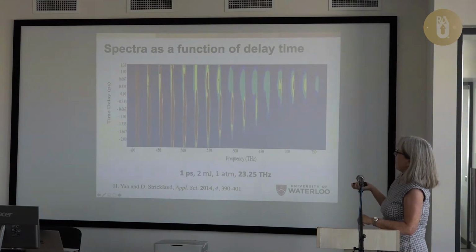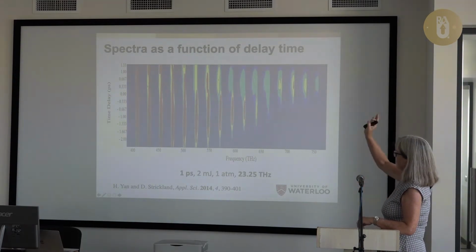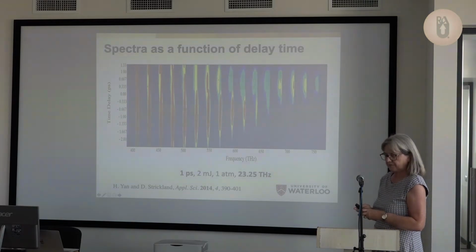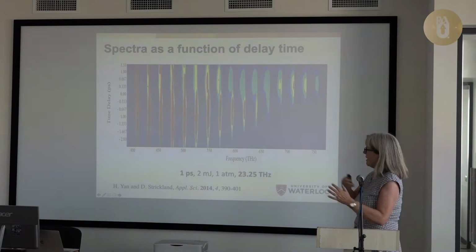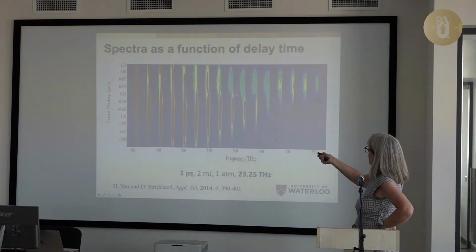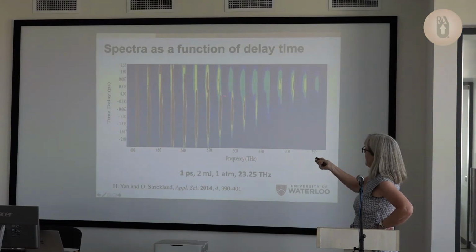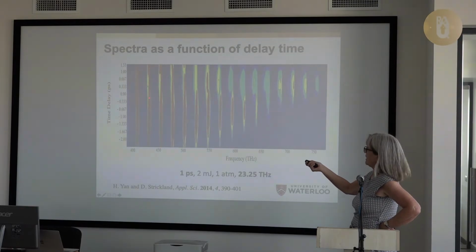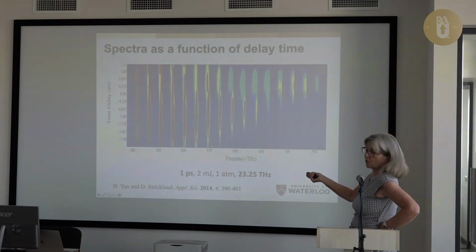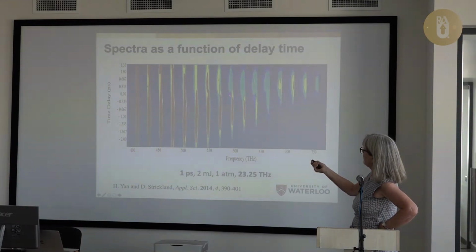All right, I have a new master student. He wanted to plot the data differently. And so this is the time delay between them. So this is when we would be right on resonance with the 23.25 terahertz. It's true, just like in the Harris case, that when we blue shift, we get less and less orders. But you'll see it also never leaves the Raman. It's just where the Raman should be.